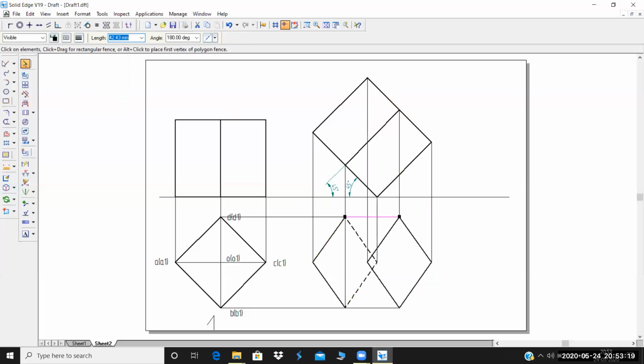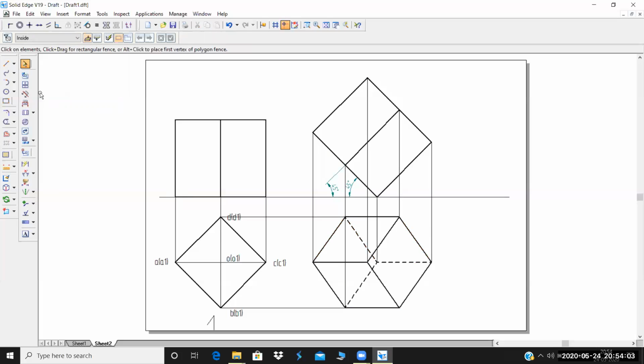One more important thing is, when you're joining this, which are dashed lines and which are continuous lines. Imagine you're seeing this from the top. This edge is visible, that is A1 to A, so join A1 to A as a continuous line. Later we can change the thickness. Next, D1 to D is also visible to you because this is a visible edge. So draw this line, and this particular point is visible. Now C1 to C is not visible, so that edge will remain a dashed line. Select all the lines and change them to 0.5 mm, even though they are dashed lines.